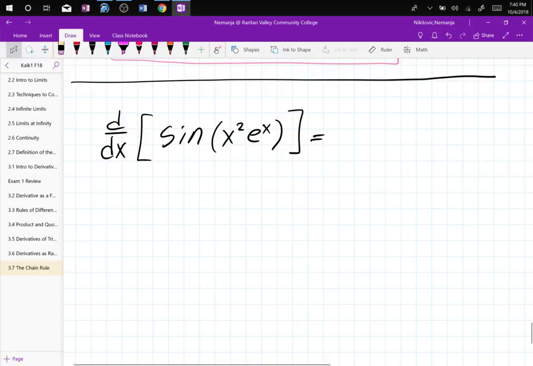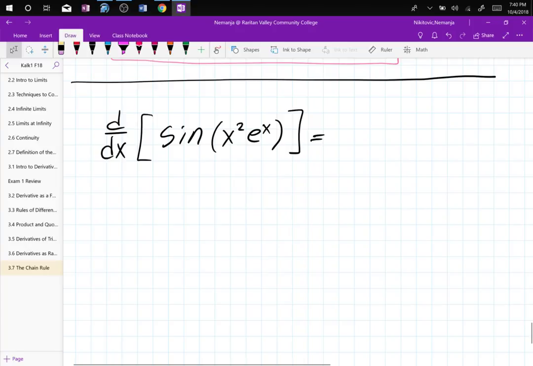Can anyone tell me what this is at least before we do it? It's chain rule, yes. This is a chain rule problem. And then when you do the derivative of the inside, the derivative of the g prime, you have a product rule to worry about. So the boss function is sine, and then the guts, right? The g is x squared e to the x, and that will be product rule when you have to take